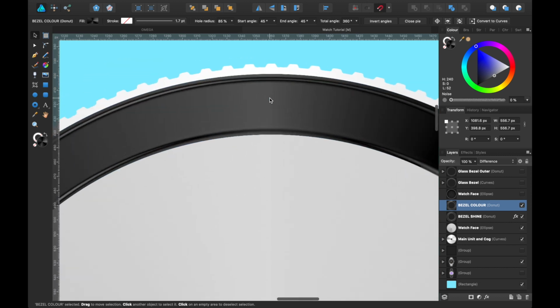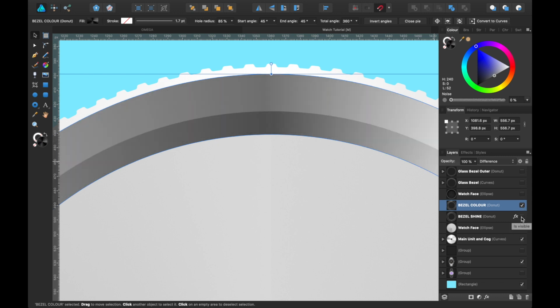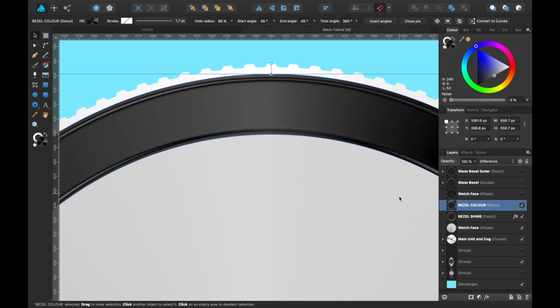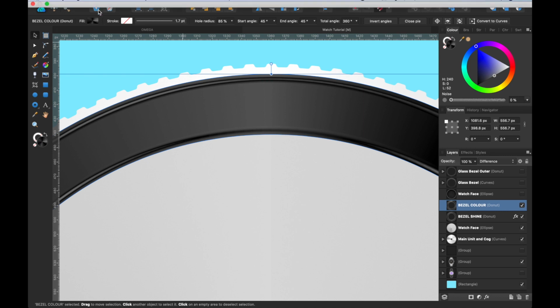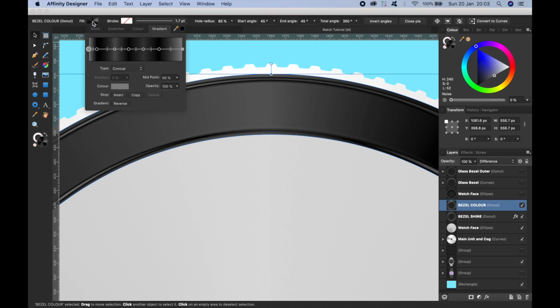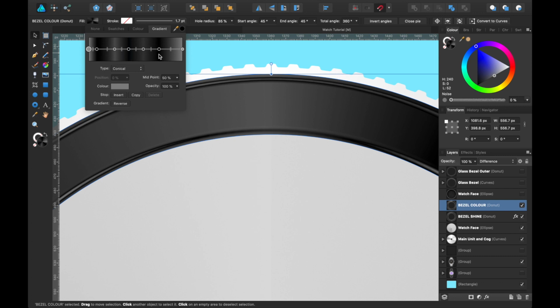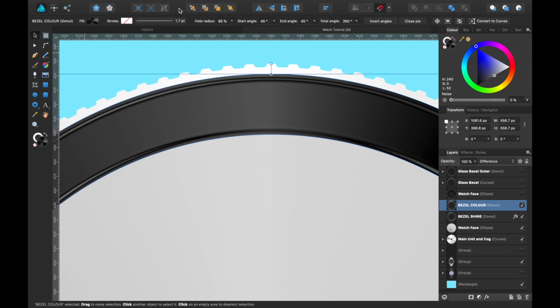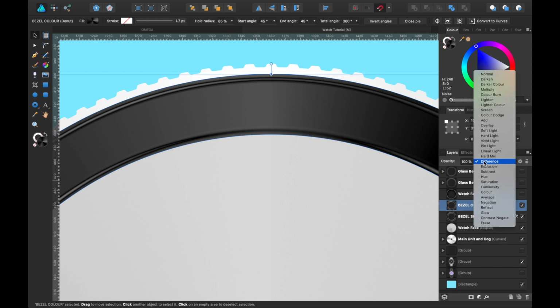A little bit more realistic, and what that is basically, it's another donut, but I have chosen to, let's go to fill again. I've chosen to lighten some of the other areas or darken some of the others, and I've decided to layer it over the original one I just showed you, and I've just chosen the opacity.